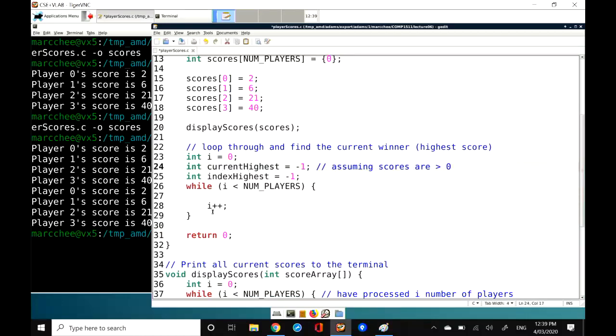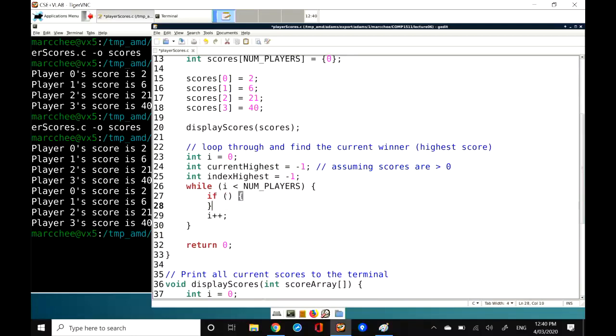Current highest. So I'm checking the current highest against the number I'm looking at in the loop, because I'm going to go through the loop and look at the actual scores in there. So if I'm checking something against something, the implication there is I'm going to use an if statement. And I'm going to check, is the current number I'm looking at, which is scores I, because this while loop is going through the array scores and picking things up. So if scores I is greater than the current highest,